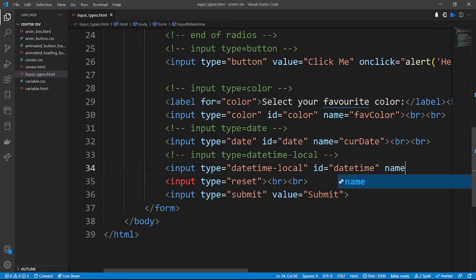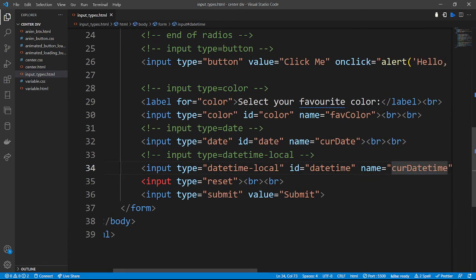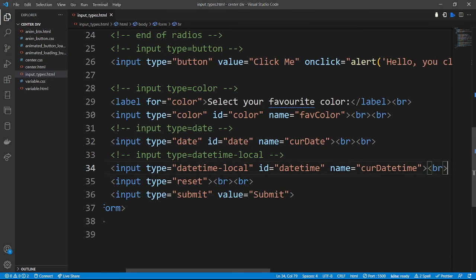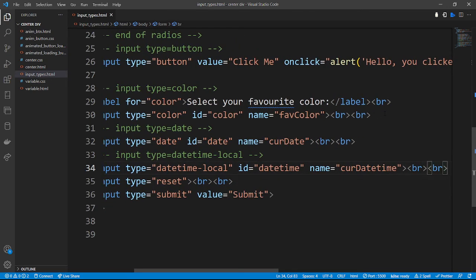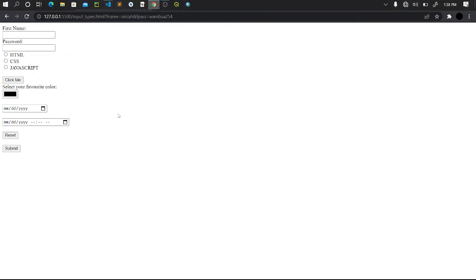I'm going to give it a name of car datetime, right? I'm now going to close it. I'm going to give it a break line and another break line so that you can see the inputs well. So now I'm going to save my file and go to my browser,